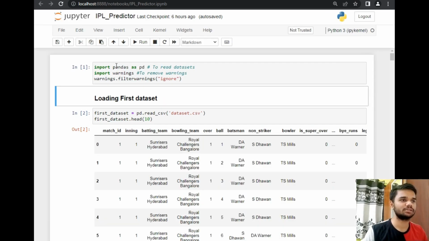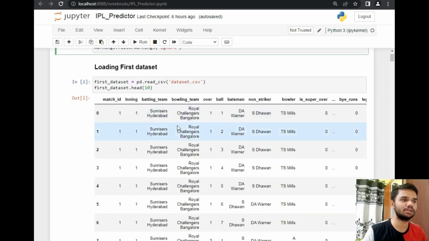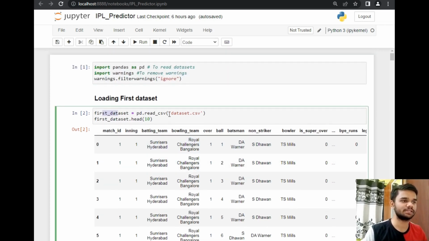So let's start. First is importing the packages, which are pandas and warnings. Pandas to read the dataset, warnings to just avoid the warnings. You can skip this import if you don't want it. After that, this is our first dataset, which is